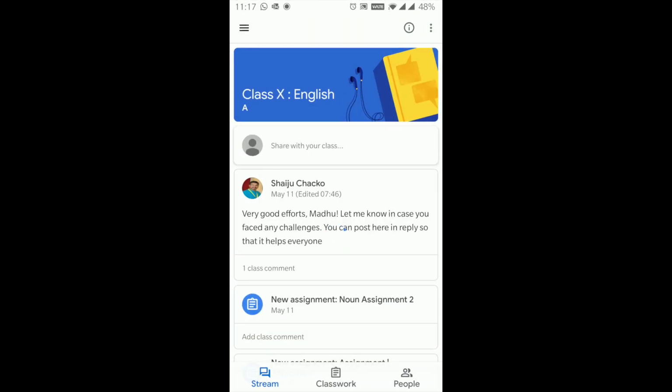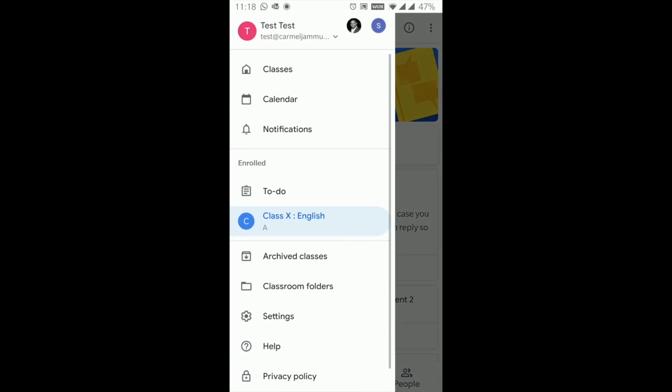The biggest advantage is that you are connected with your teacher throughout. You are also connected with your class, so it helps your peer learning. The teacher can give you resources, you learn at home. If you have any doubt, you can post this in your comments or in the particular section. The teacher can also give you individualized comments. So in your assignment, when the teacher corrects the assignment, there can be certain comments which is not to this class, it is directly given to you for your improvement. So I hope this tutorial is going to be helpful for you to access your class content on Google Classroom and how you can utilize this.